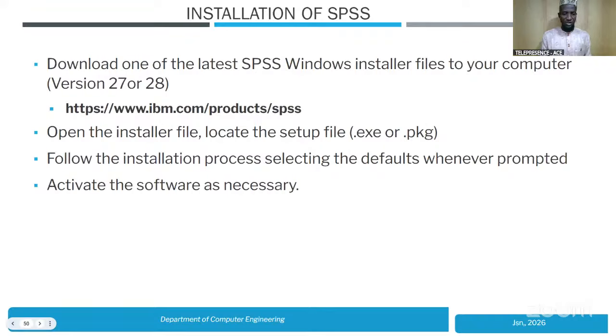So let's go into installation steps of SPSS. We can have SPSS installed on our system by downloading it from IBM website as shown in the illustration here. When you go to the site, you can register as a student account, and then you download the file, whether it is .exe for Windows users or .pkg for Mac users. After you have downloaded the setup file, open it, double-click it, and follow the installation process by following the prompts as the installation progresses. After the installation has been completed, you then